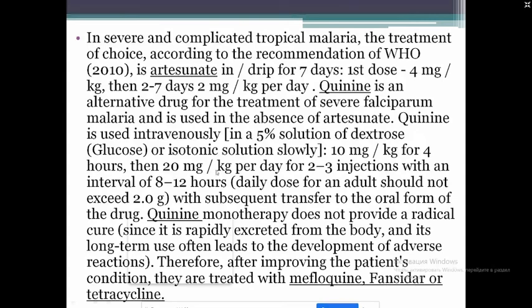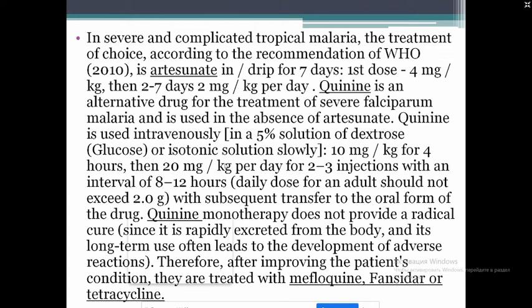In severe and complicated tropical malaria, the treatment of choice, according to the recommendation of the World Health Organization, is artesunate by drip for 7 days. First dose 4 mg per kilogram, then for 7 days 2 mg per kilogram per day, and